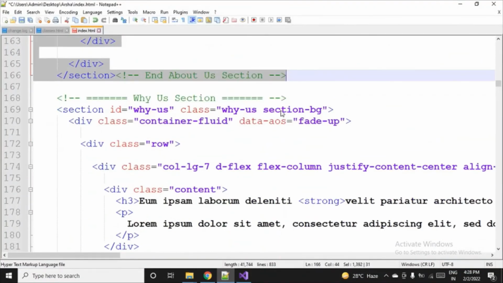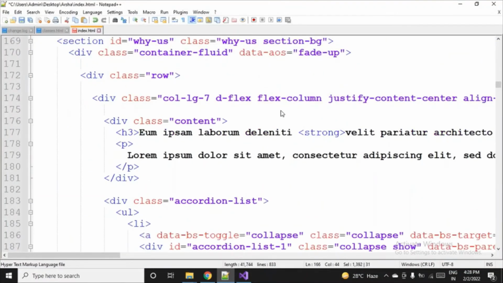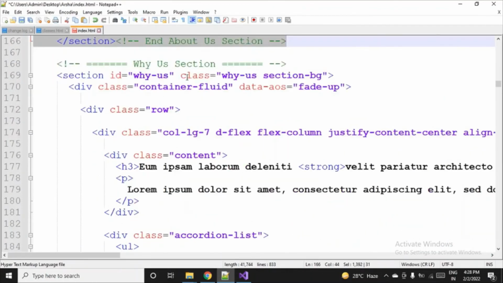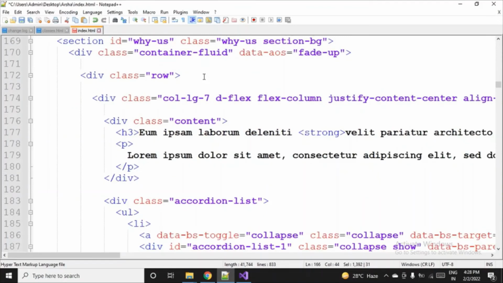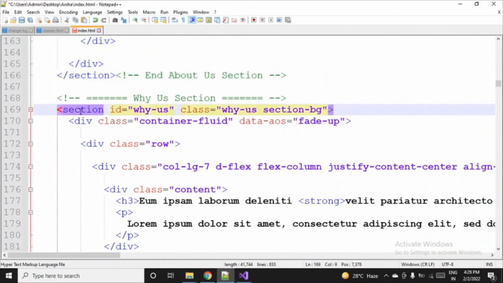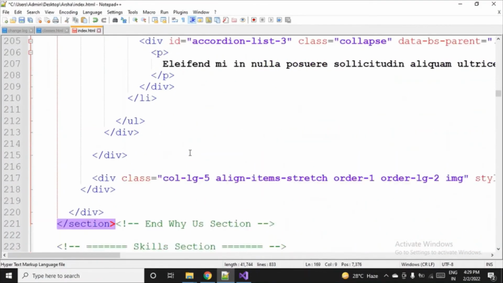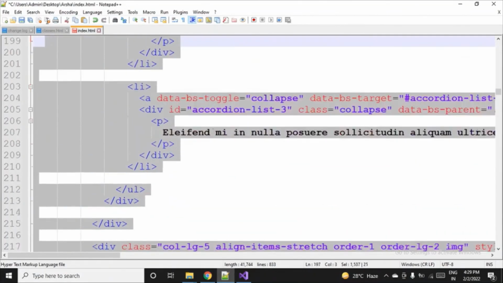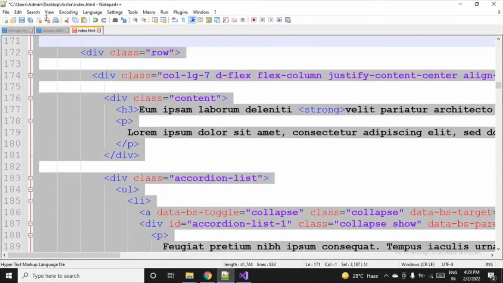Switching back to Notepad and searching for services. I guess this is the only services section. YS section is the services section. So let me see where it is ending. If I click here, I'll come to know. Okay, fine. It is ending here. So let me copy and paste.